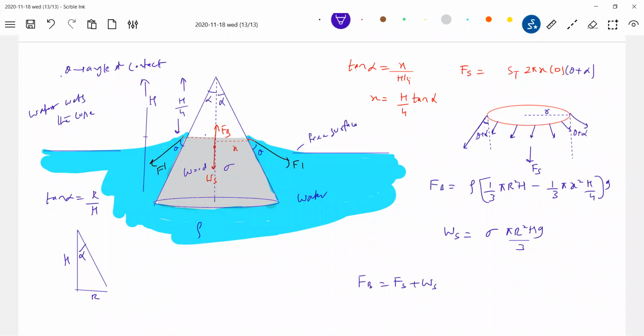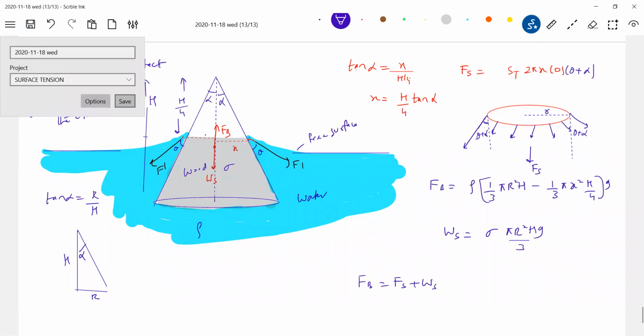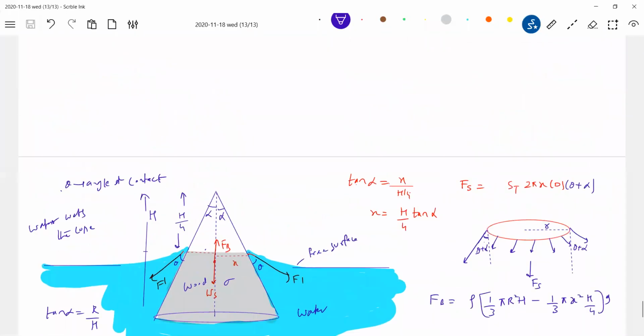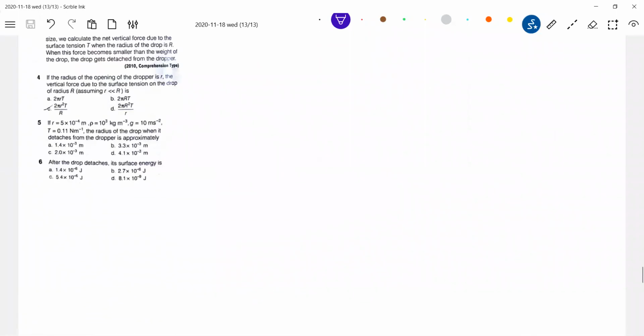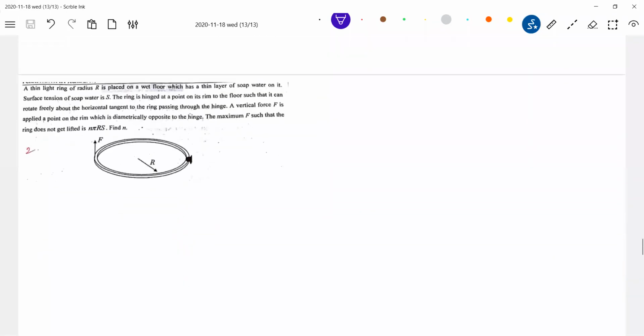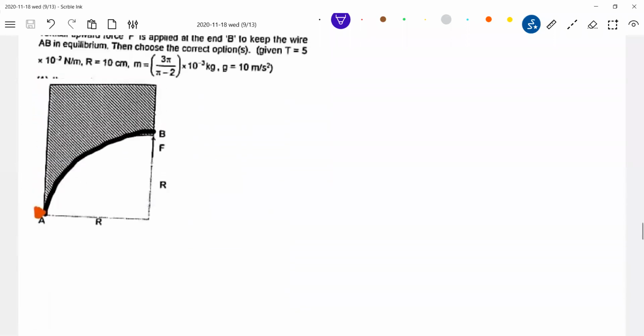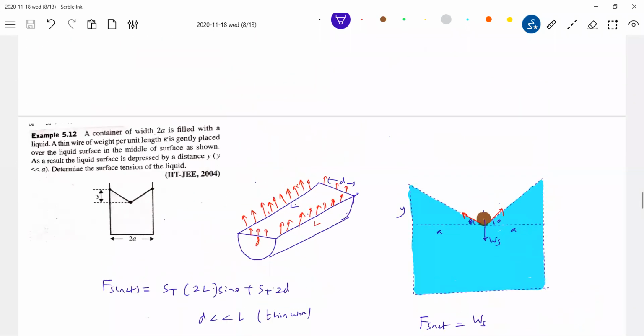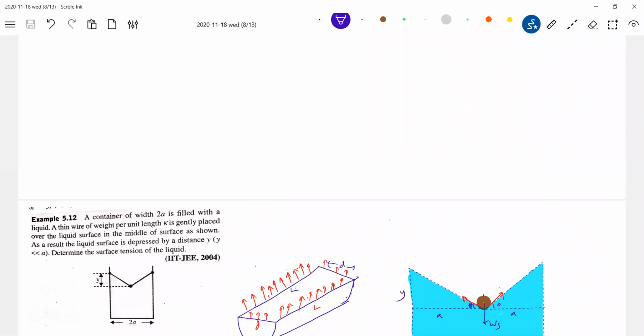Shall we wind up? I think we could not complete the other problems. Some torque ones, okay, tomorrow I'll introduce them. Even there'll be torque due to surface tension. There are some good ideas there. Tomorrow we'll continue. Please do practice questions of JEE Advanced also.